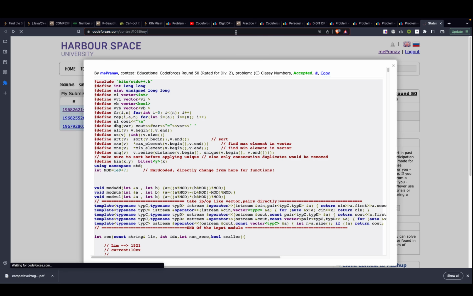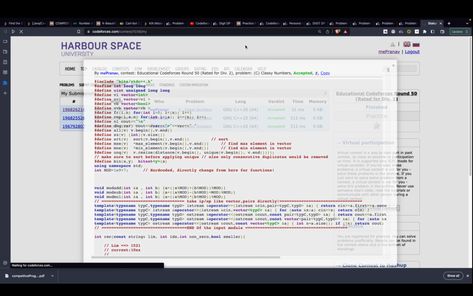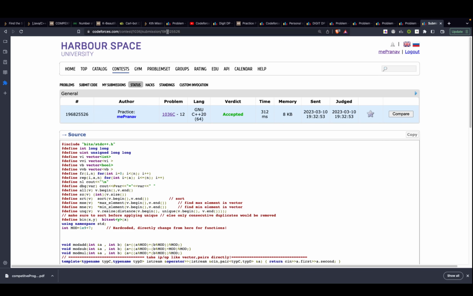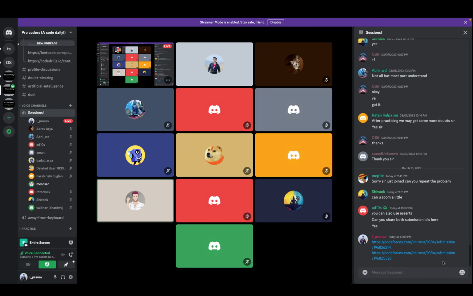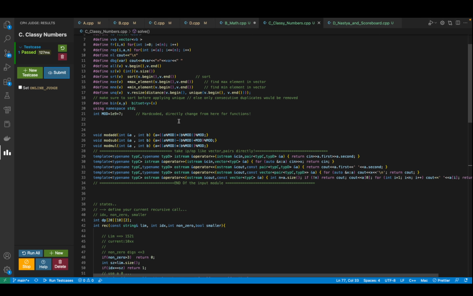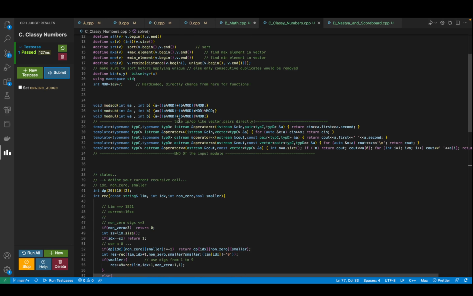A very similar question came in CodeChef Starters. It was N plus X: find minimum X such that at least K digits would be there in the decimal representation. So if you are given a constraint that the number should have this many digits or not, then you can add another field over here. So let's say K was 10, 20, 50. You just pass it over here. That makes sense?